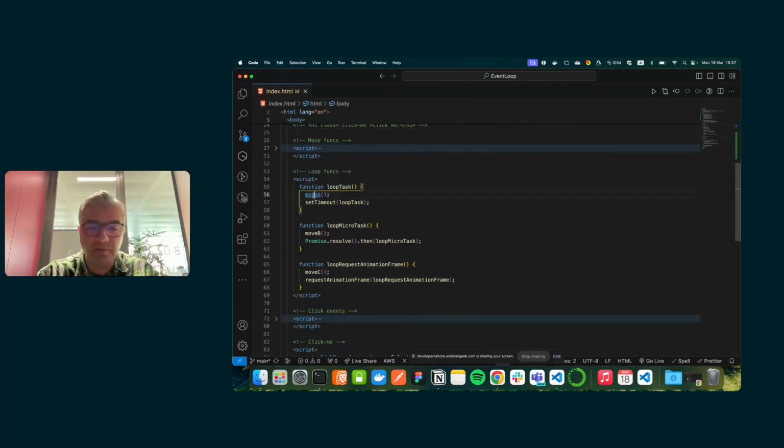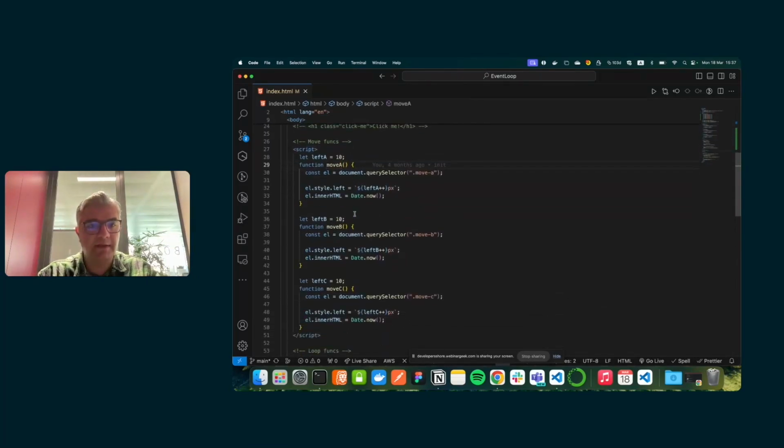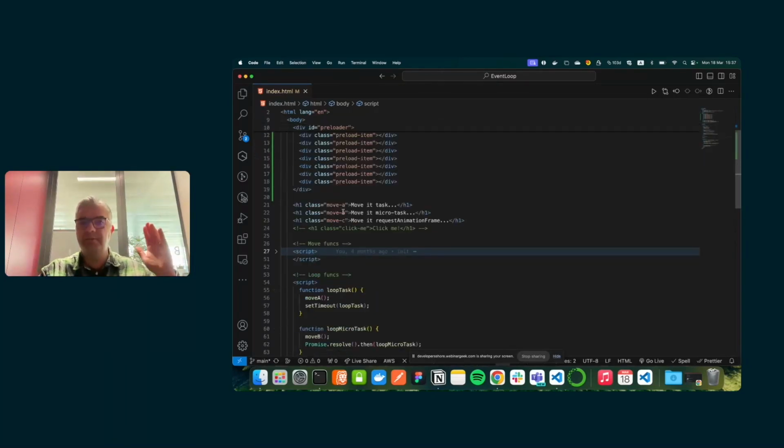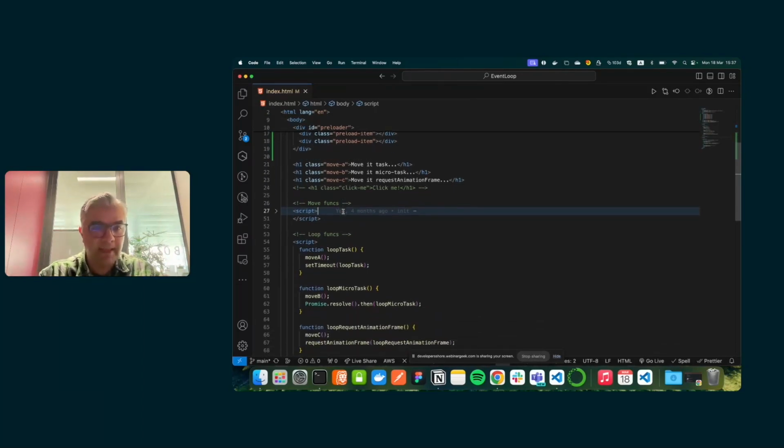If I show you move A, you're going to get the idea. I'm just going to add left A plus plus, left B plus plus, and so on, so it moves from the left side of the screen to the right side.